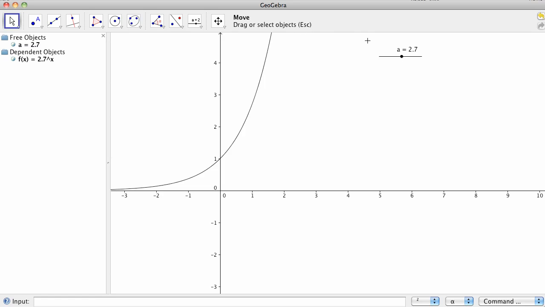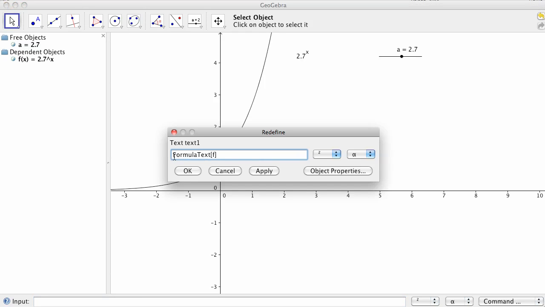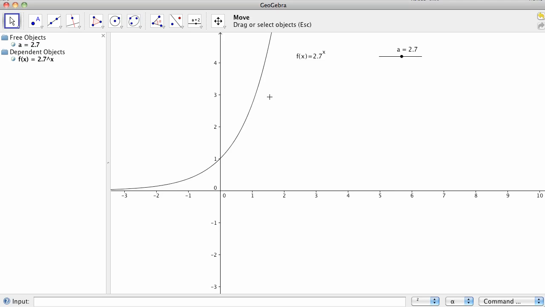Now it would be nice to be able to see the current function definition, just to be able to see this 2.7 to the x over here. So the way we can do that is we can say the FormulaText, and the function was called f, so we just put that in the square brackets. And I might even just add a little bit of text at the start of that. So inside quotes here at the start I can type whatever I like, but I'm going to just type "f(x) =", and then we'll say plus, and that just adds all that together, so we end up with just that bit of text there. And that's quite nice because we can now see the graph change and its function definition as we drag the